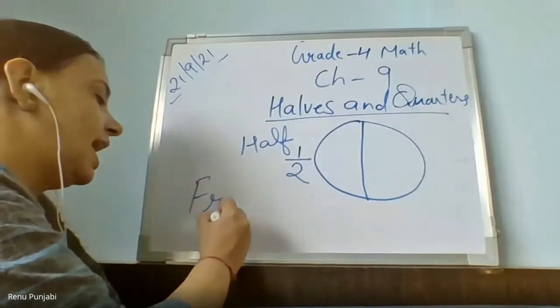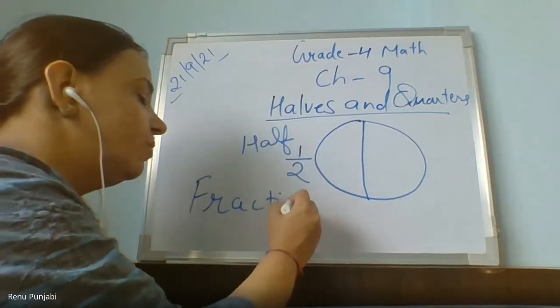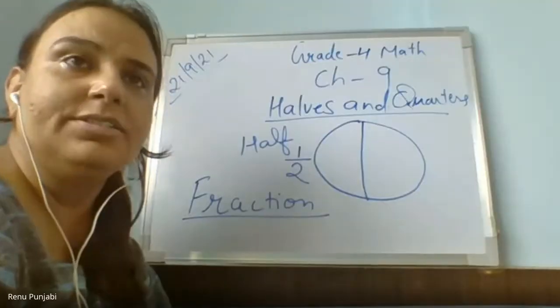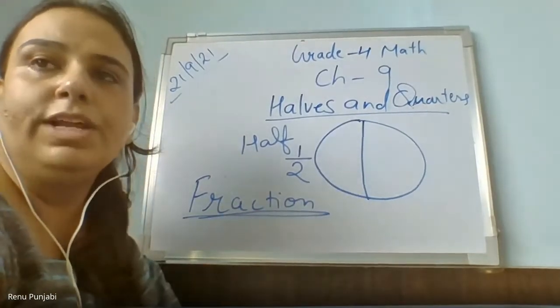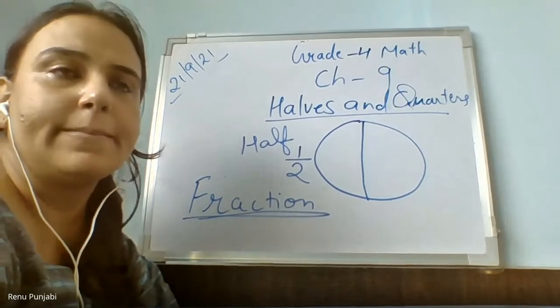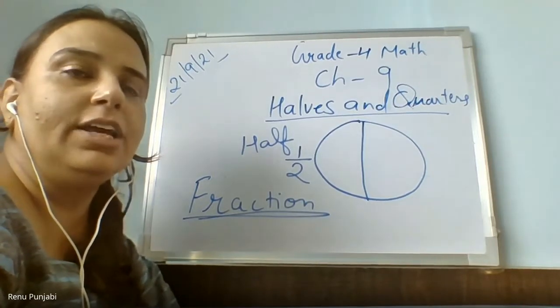Quarter, what is 1/4? I used the word fraction. Ma'am, what do you mean by repeated subtraction? No, ma'am, the fraction is like I have 4 parts of pizza. I have one full pizza. So the total number is called. No, I am only asking what you mean by the word fraction. Who will give me the meaning of the word fraction? Ahana, you know the meaning?